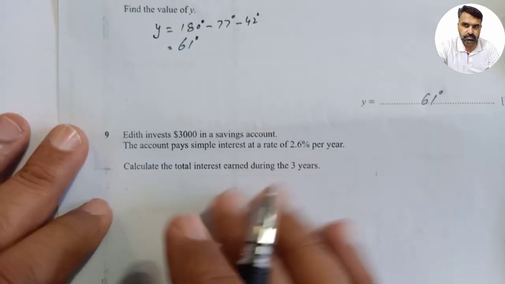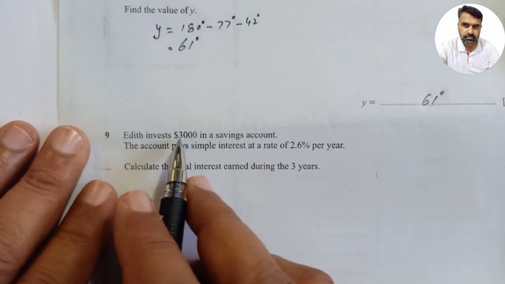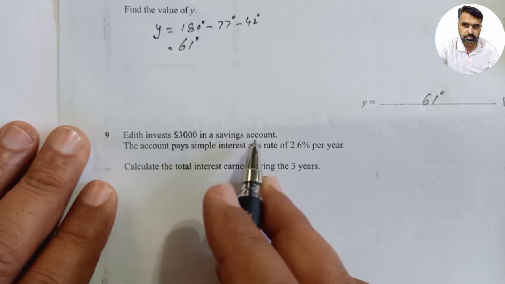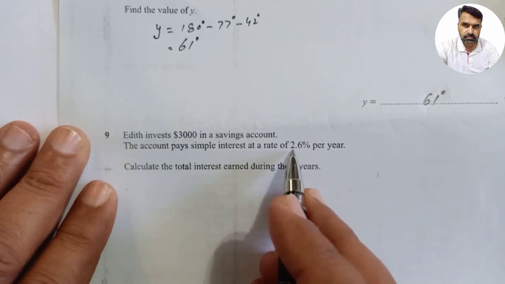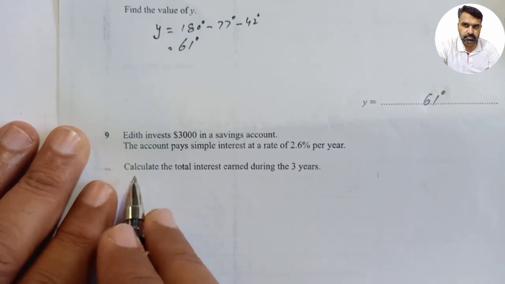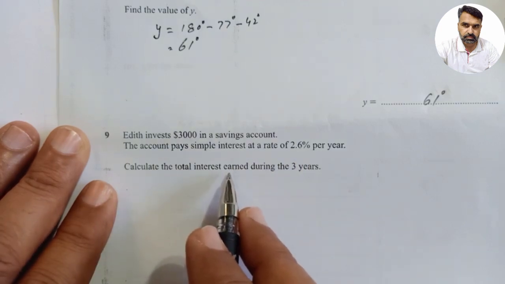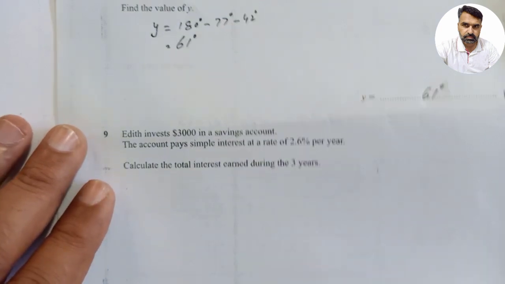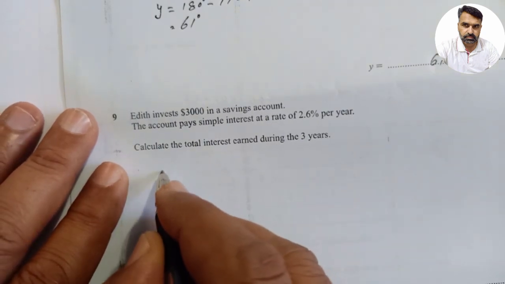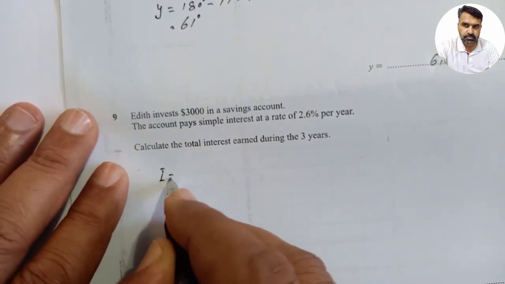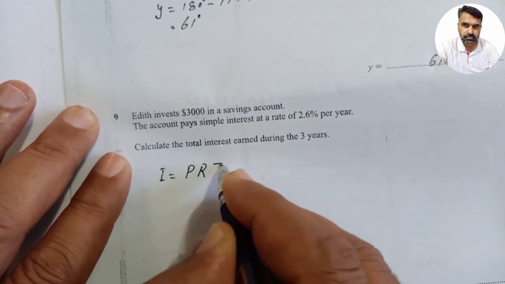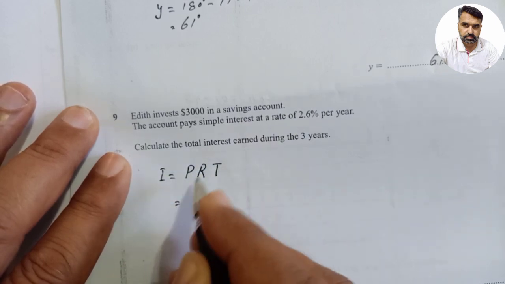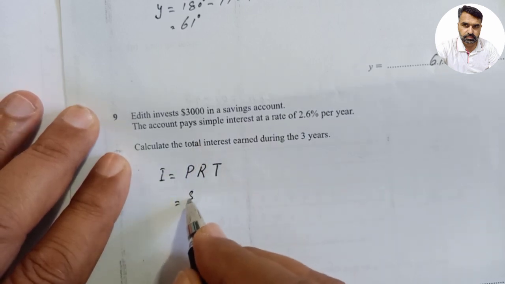Question number 9 is, Edith invests $3,000 in a saving account. The account pays simple interest at the rate of 2.6% per year. Calculate the total interest earned during the 3 years. So students, the formula of interest is equal to P means principal, R means rate, T means time. So students, principal is $3,000,